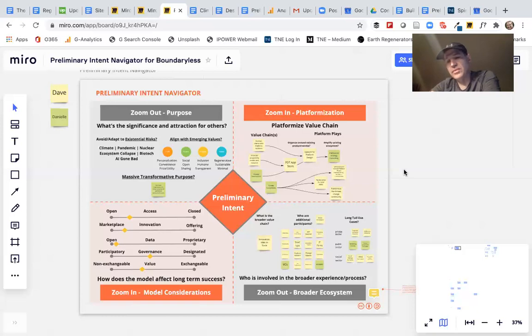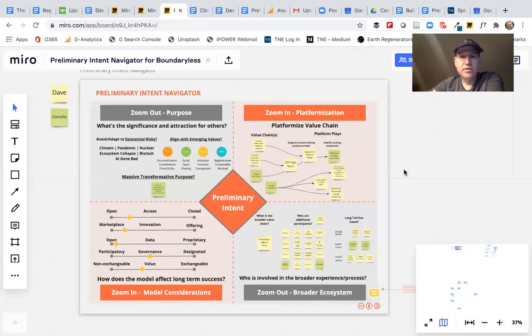So, to get back to the zooming in and zooming out, we developed this tool, and it's modeled after spiral dynamics. Each of these quadrants represents a mindset or way of thinking about what you might want to accomplish with an ecosystem or a platform.